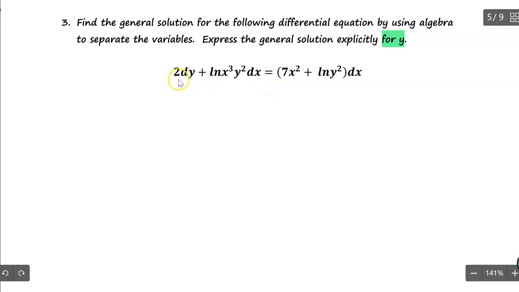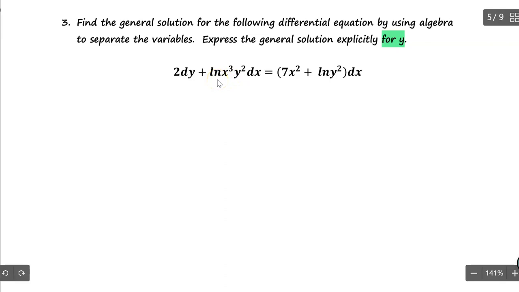Okay, so 2 times dy is okay on its own. You don't have to worry about this because the integral of 2 dy will be just 2y. But if you take the integral of this, you will have the argument having the y square in here. Here dx goes with the ln of x cubed, so it's fine. But somehow you have a y square involved as the argument of ln. So whenever you have something like this, the only way you can do is to work with the property of